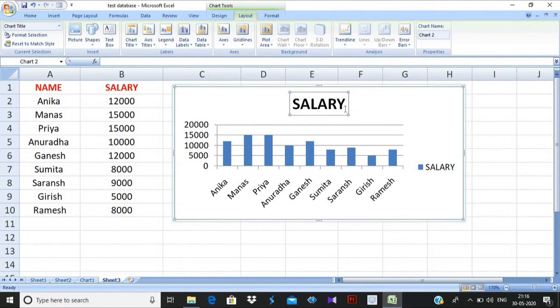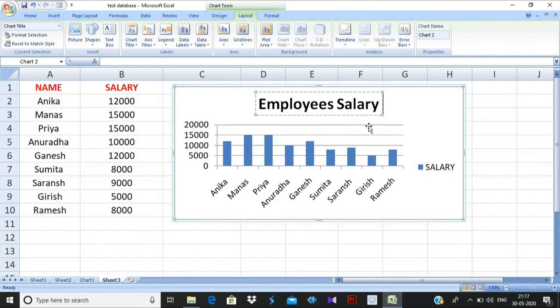See, above chart it is showing me the name salary. I can even change the name if I want. If I write employees salary, I can change the name according to my choice. So this is the chart title. The title will always be at the top.